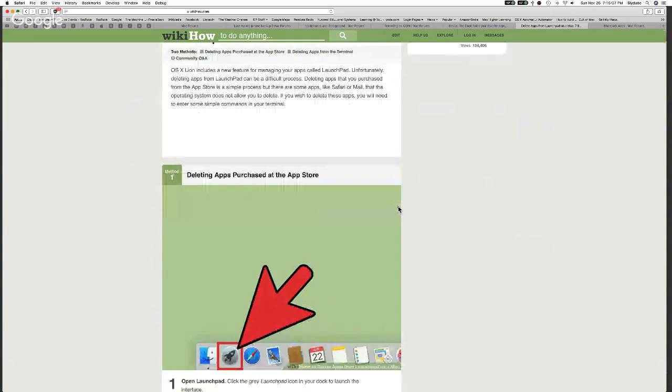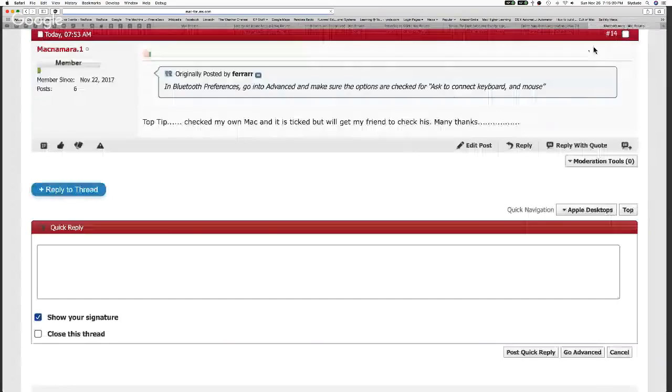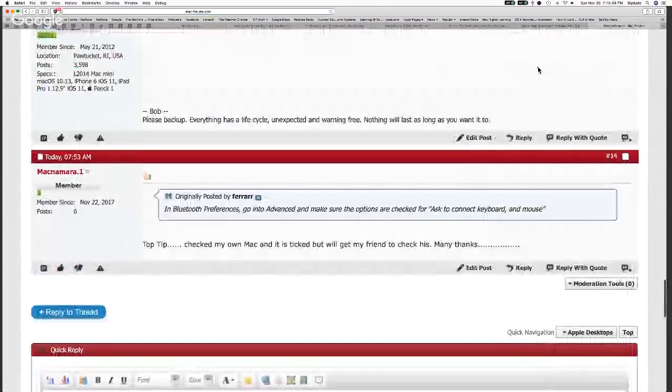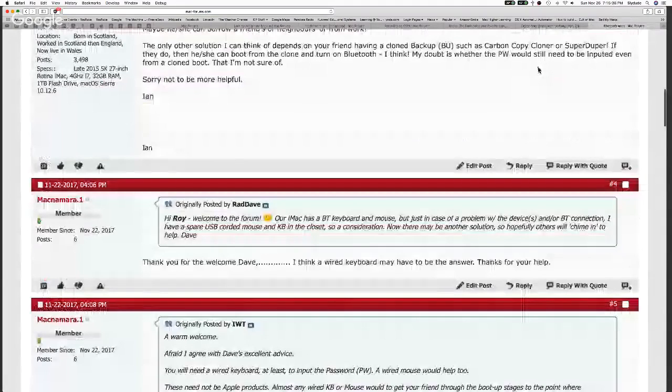I'll link you to this article that talks about different types of LaunchBar programs and how you would go about deleting them if you wanted to do so. And that's going to give you a good idea of another way to launch a lot of programs. All right, and then the other note that I had here, I want to point this out. Let me go back to the top of this thread.